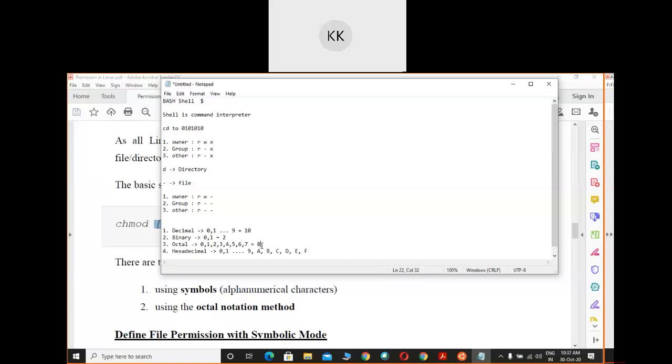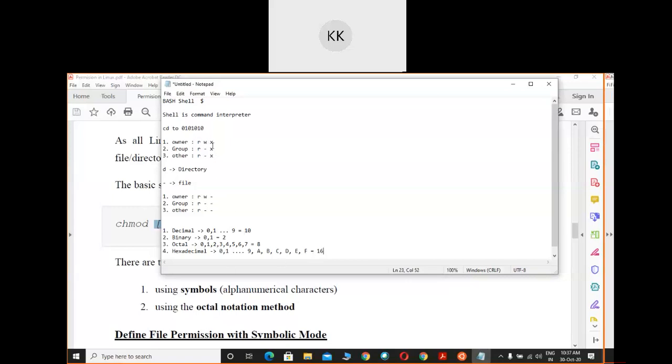If you remember your science classes, there are things like hexagon, octagon, pentagon, decagon. In hexadecimal that means 16, so there are 16 different numbers.